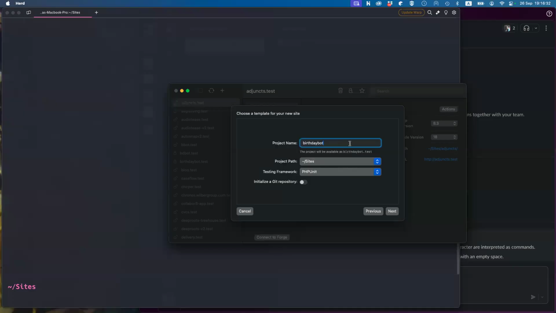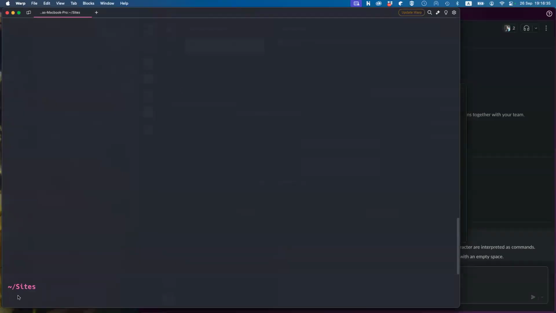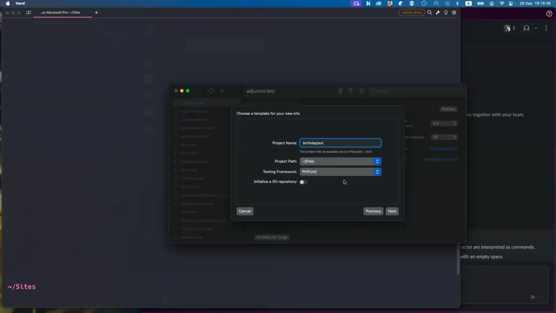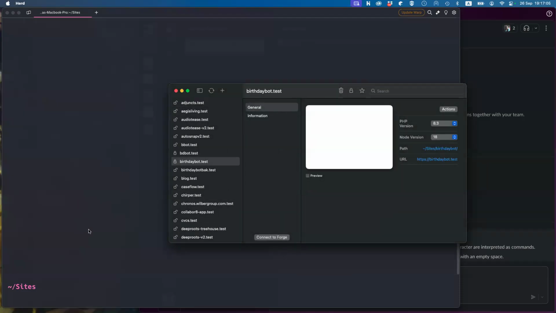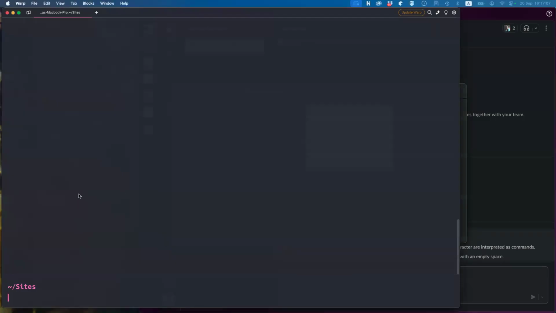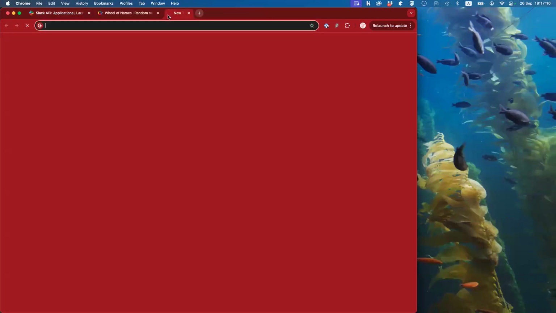What is the issue here? The selected path already exists. Okay. So let's create the app. Now Herd is installing Laravel. It will take a moment. Let's see the output. Application created successfully. So let's close this and my application is now ready and I can access the application with the URL